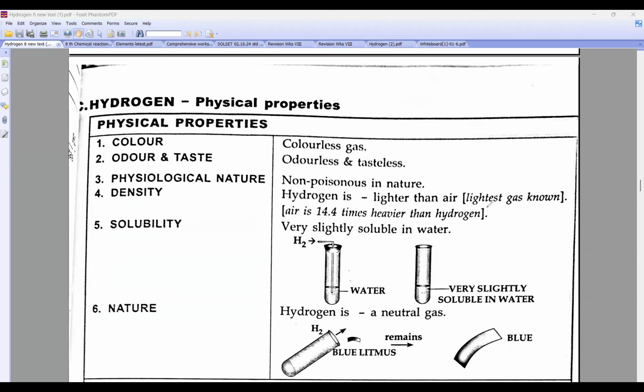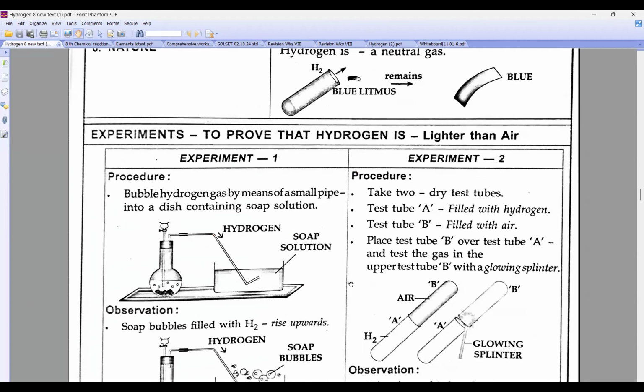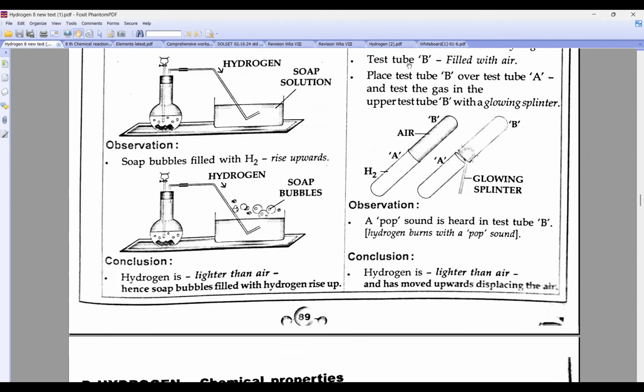Hydrogen is colorless, odorless, non-poisonous. It is the lightest gas. It is neutral, with no effect on litmus paper. Blue litmus will remain blue, white will remain white. A diagram-based question can come. They will ask why these bubbles are going up: because hydrogen has entered the soap bubble and hydrogen